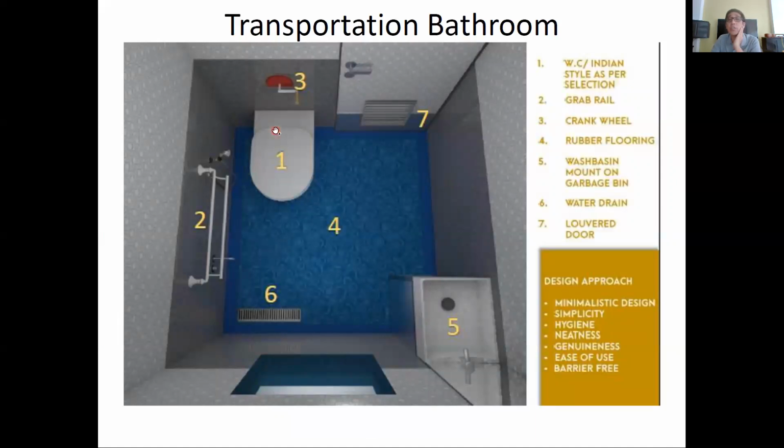This is the water closet, Indian type. We have a louver door. This is the crank wheel for the flushing. We have the floor that is rubber. Number 6 is the water drain. Number 5 is the lavatory or the wash basin. Number 2 is the grab rail, because this is transportation, it's moving.